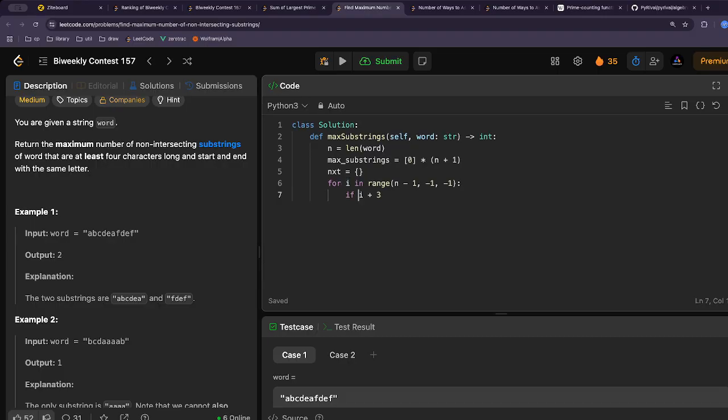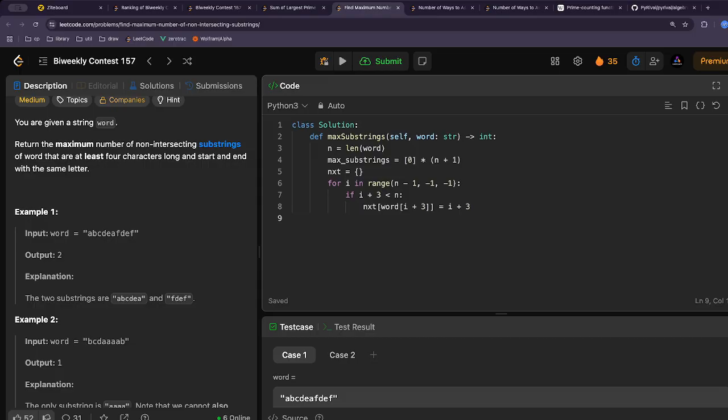So that means that if I plus 3 is less than n, then the next of word of I plus 3 equals I plus 3,